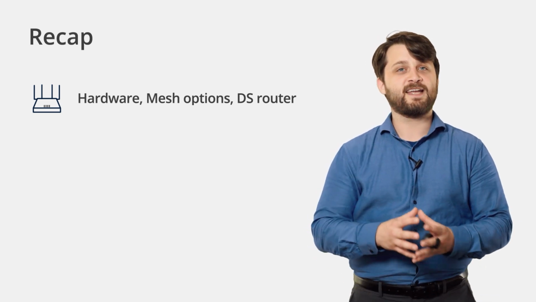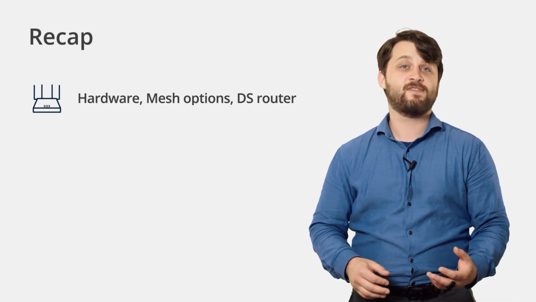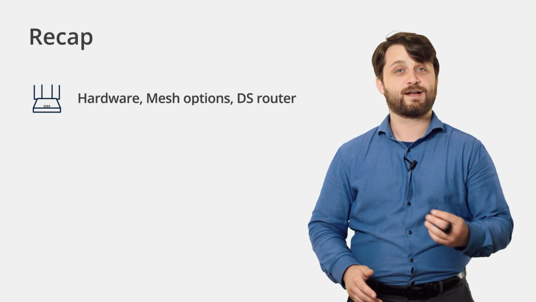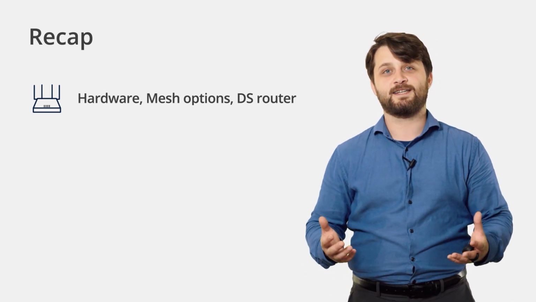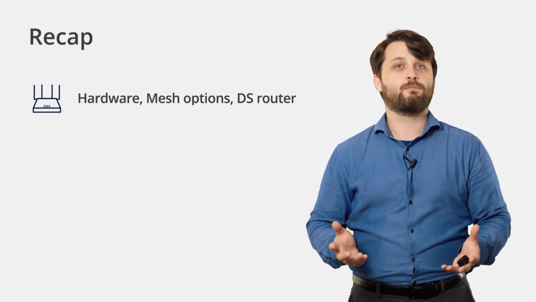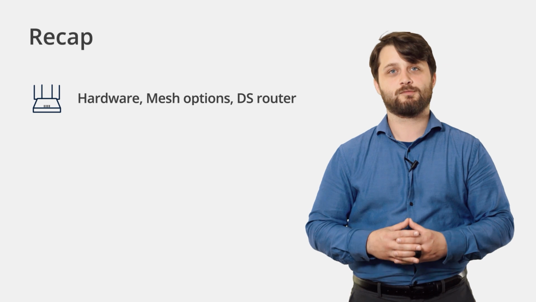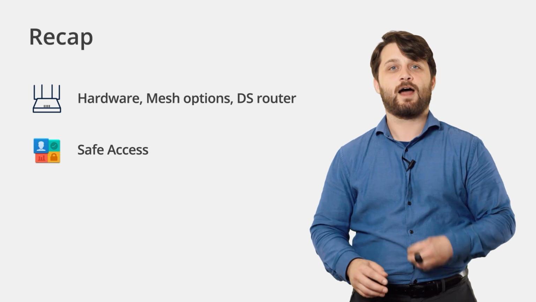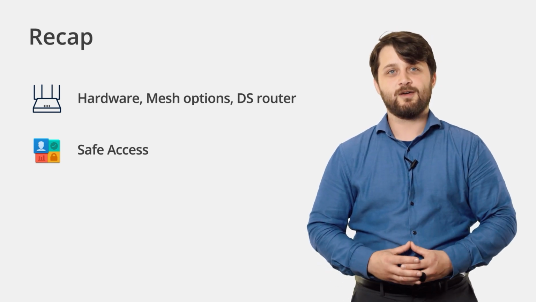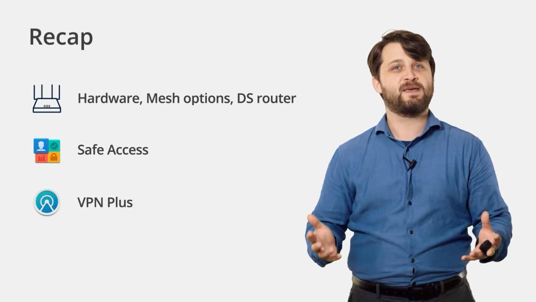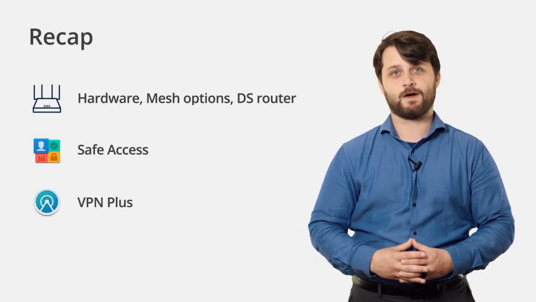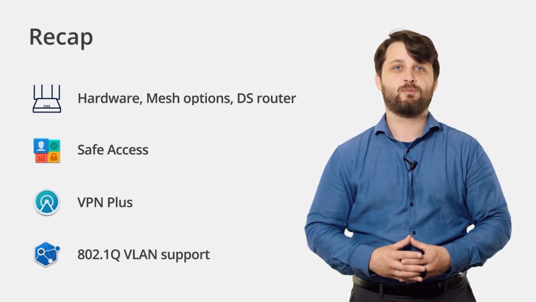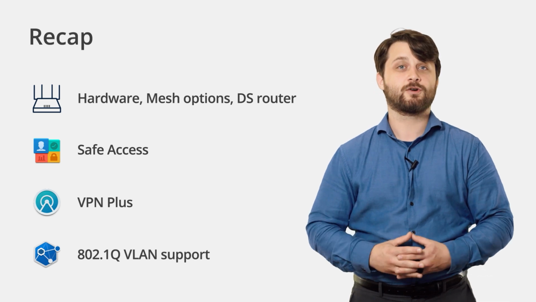Keep in mind, there's an accompanying app that helps you manage your router on the go, and that is DS Router. You can do things like grant safe access requests and toggle your VPN directly from the app itself. This app was recently updated alongside SRM whenever it came out with 1.3, so it's a perfect match for managing your router on the go. We also took a look at Safe Access, which is a great way for you to set up controls for how people actually utilize your networks. We then took a look at VPN Plus, which is a powerful VPN server, and how this can integrate into your disaster recovery plan. Lastly, we took a look at 802.1q VLAN support inside of SRM 1.3 and how you can utilize this new feature in your environment.